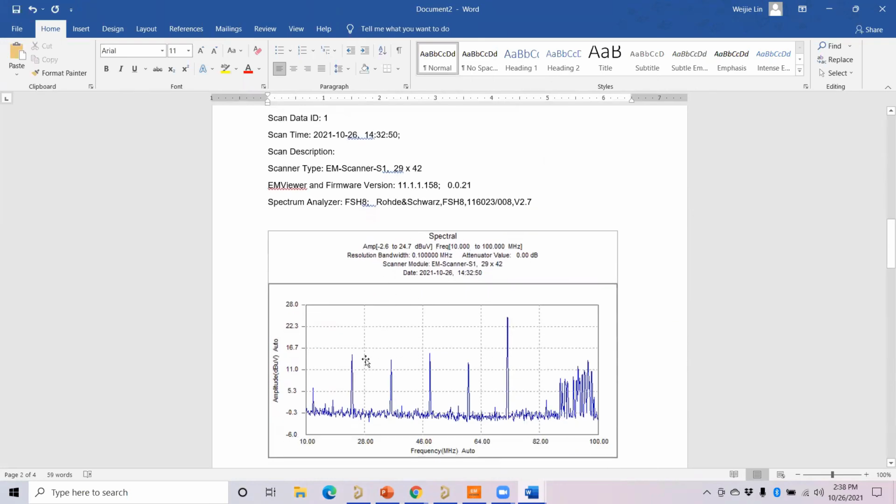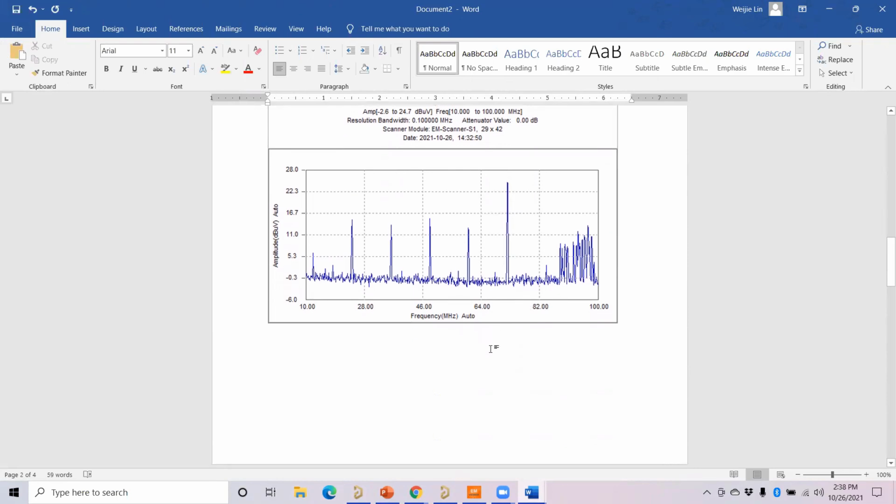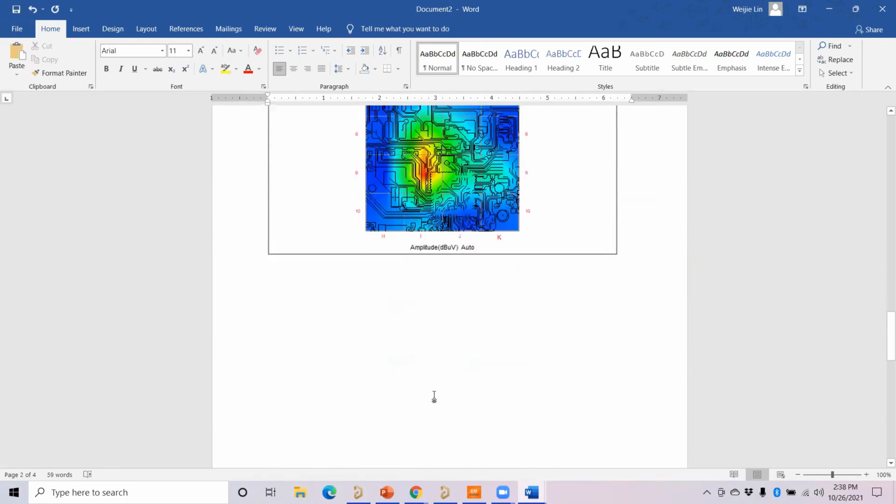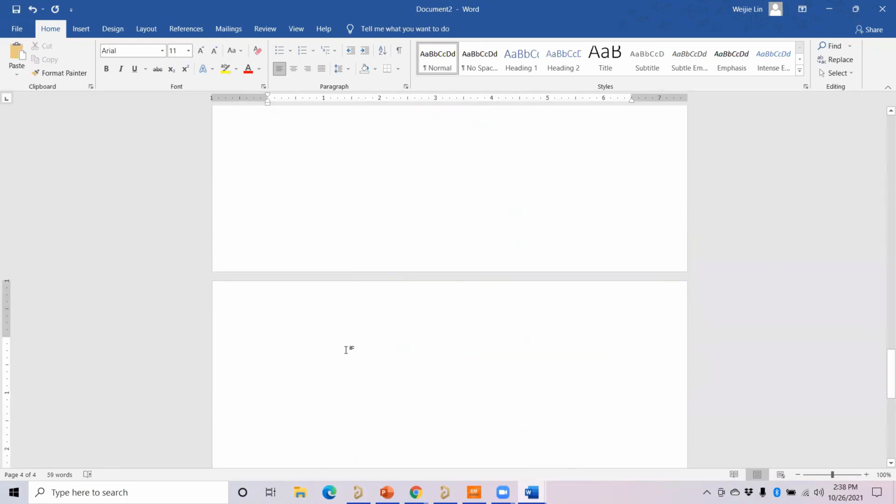Then the spectral scan, what are the amplitudes of distortion, at what frequencies we have, all the information here, as well as the spatial scan. You can see what is the maximum amplitude of distortion, resolution bandwidth, all this. Okay, on the last page you can write your own report and submit it. So you can do this inside your EM scanner.